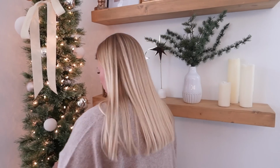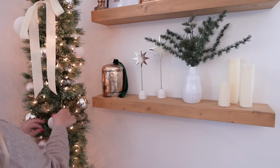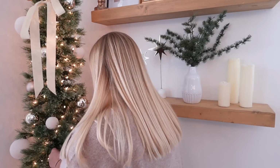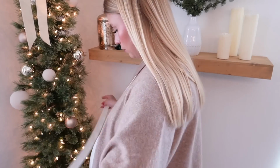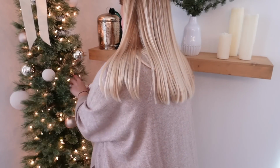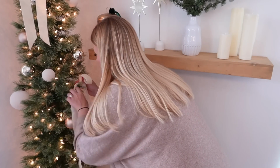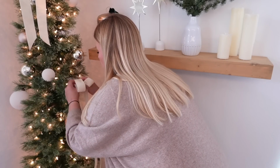I am also mixing silvers and golds. I really, really love mixing silver and gold, especially on a Christmas tree. I just feel like if you have warm lights, even if you do a few silver ornaments, the warm light is going to cast off of it and still give it that nice glow. So you don't have to worry about it looking cool or icy. I just think it adds in just a little bit of a different color once the light is shining off of it,